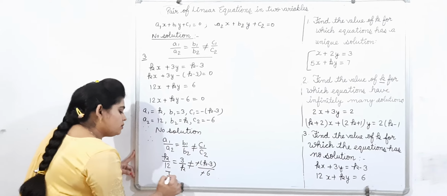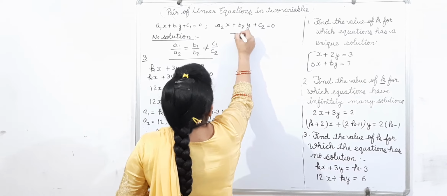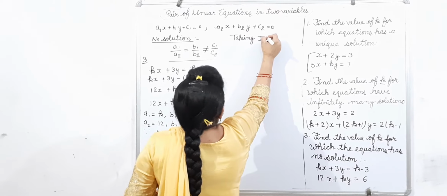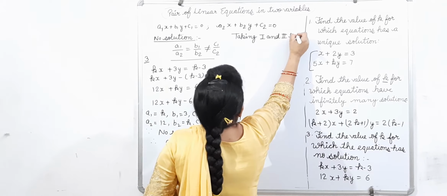That is the first part, second part and third part. From here we will find the value of k from the first two parts and we will verify it for the third part. Now taking the first and second part,